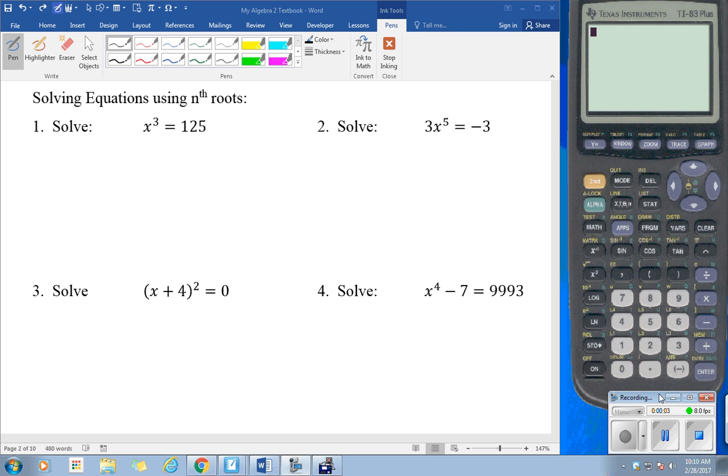Right, let's solve some equations now using our nth roots. What we're looking at are pretty basic equations. They're not polynomials in the sense of x cubed, x squared, x, constant. They're going to contain a degreed term and numbers. If they have multiple x terms with different powers on them, this strategy is not going to work for us. But with these examples, it should be enough just to use an nth root to get x by itself,